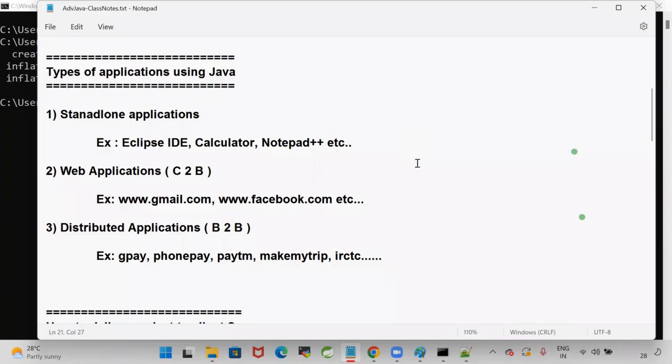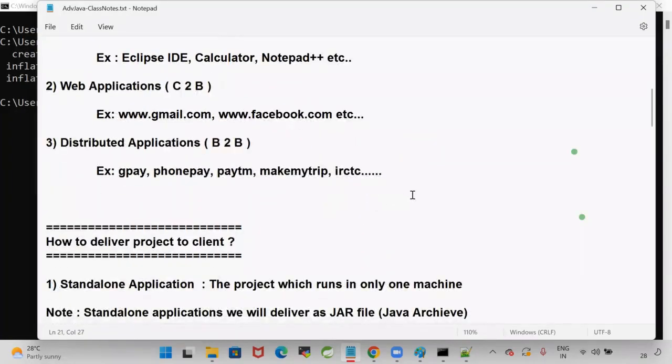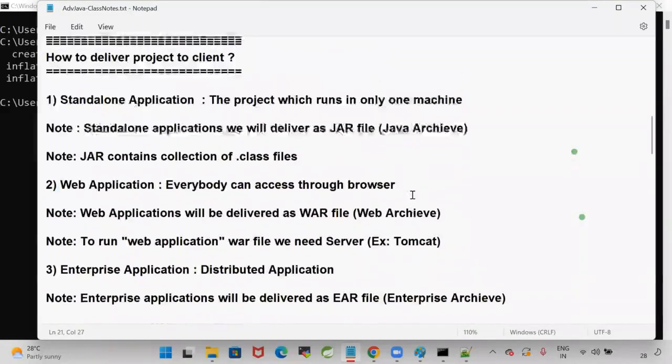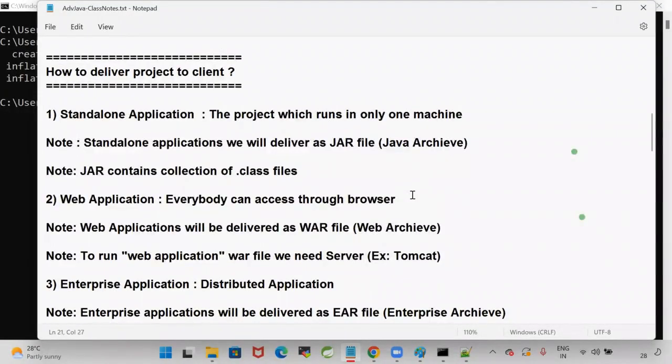Right? Yes. Next one. Standalone applications will be delivered to the client as a jar file. Note,